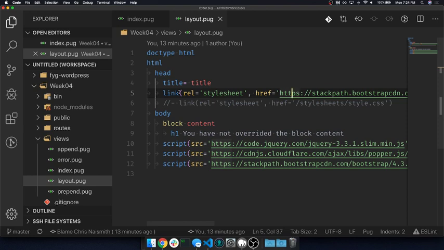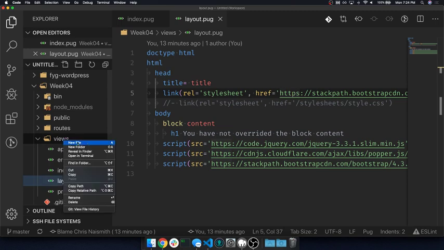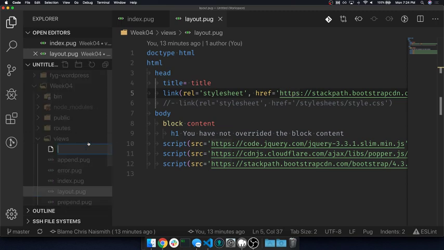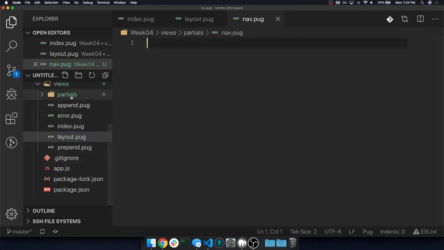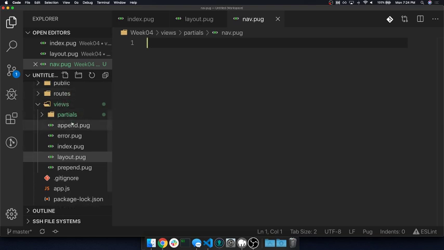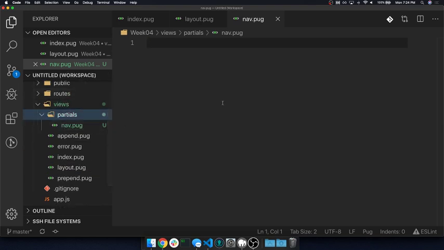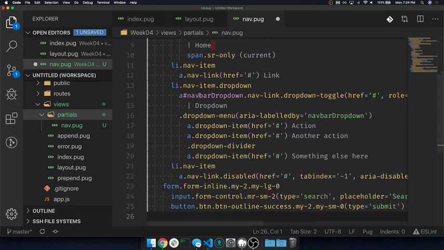It's basically a way of abstracting part of the markup into a partial file that we can include later on. So I'm going to create a folder called partials, and I'm going to put our nav.pug inside of it. So we have a partials folder underneath our views, and I'm going to put nav.pug inside of it and paste